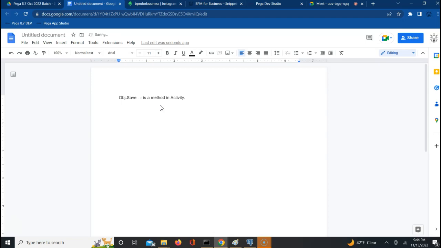Obj-Save is a method in Activity. Why would we use that? To insert and update records into a database table. To insert a new record, for example, you might be going and enrolling into the Aadhaar in the